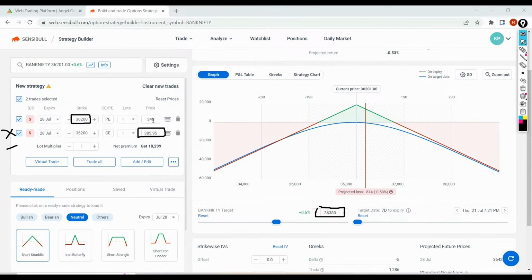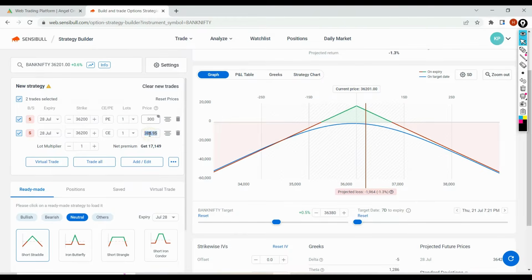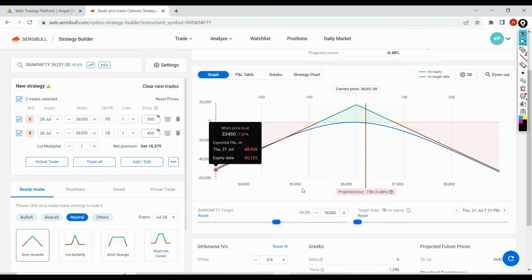So let's say I'm just manipulating, right? So this will become 300. Let's say this premium has become 300, and let's say this has become 435. Simple, friends, right? So now you have to exit this leg, and you have to go and sell a call like 200 strikes. So there is a 200 strike difference, right? 200 is almost like 36,400, so 36,200, and then you have to go for